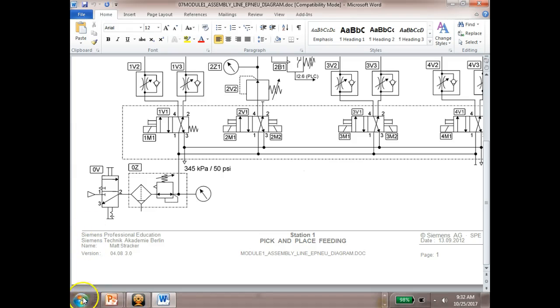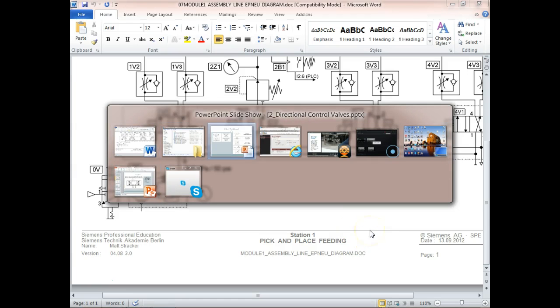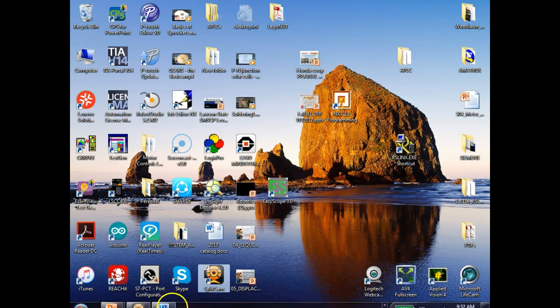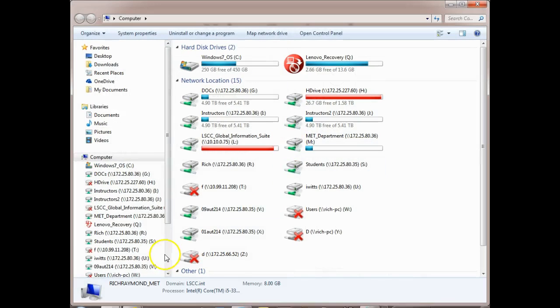So when we come up here and look at the diagrams that we're going to be wiring up, or typing, that's the wrong term, by the way, we still call them schematics, which is pretty neat. So that term you learn in electronics or electrical, we're going to use that same term. We still call them circuits. But in this one, we're not going to say electricity or electronic. We learned that a circuit is a complete path for current flow. Here we're going to say a circuit is a complete path for fluid flow, right? That makes sense. So when I come up here and look at our first lab,